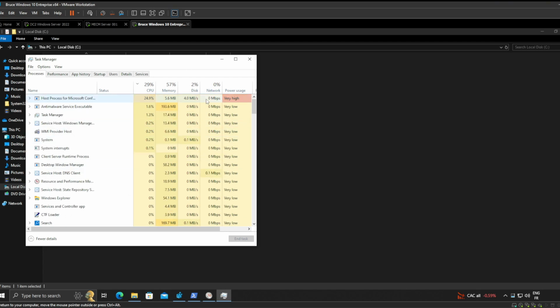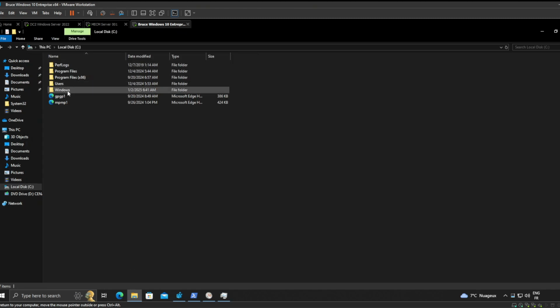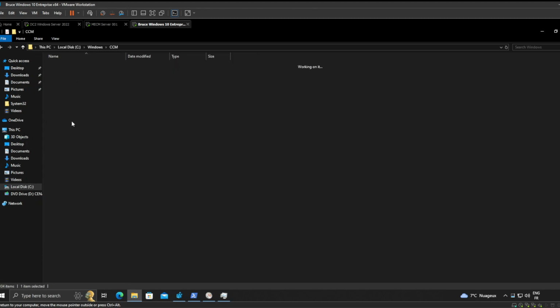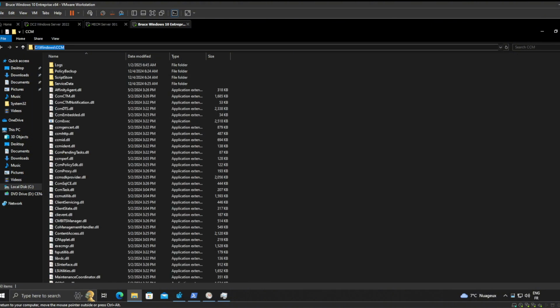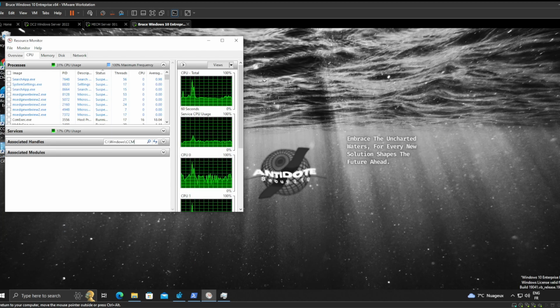But my remark, from what I've noticed, is that Task Manager doesn't solve everything, and sometimes it's very complicated to know what folder, what file, and what DLL is linked to this actual software, to this actual CCM software. So what you need to do that is much simpler is that you go here, then on CCM, and you take the location here and you go on Resmon, and you simply say,